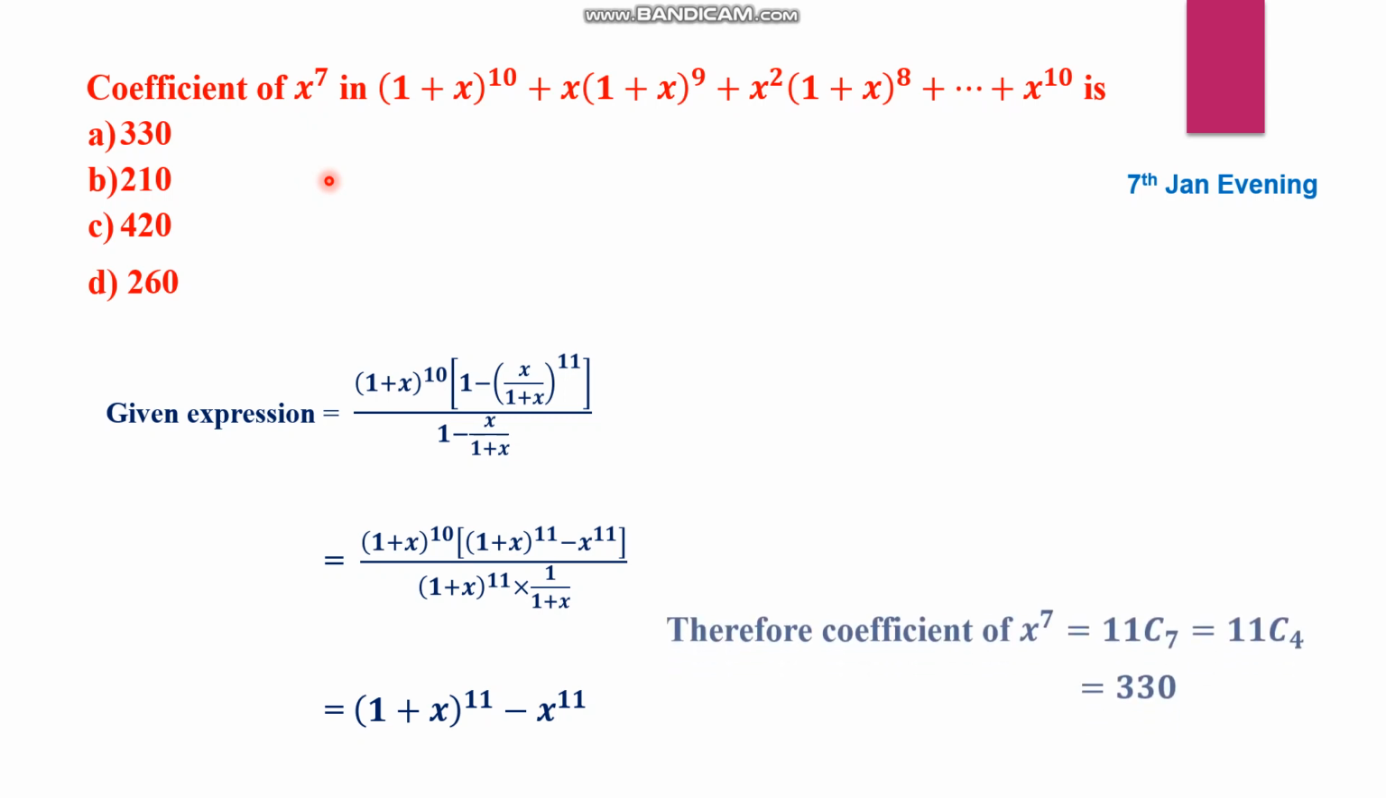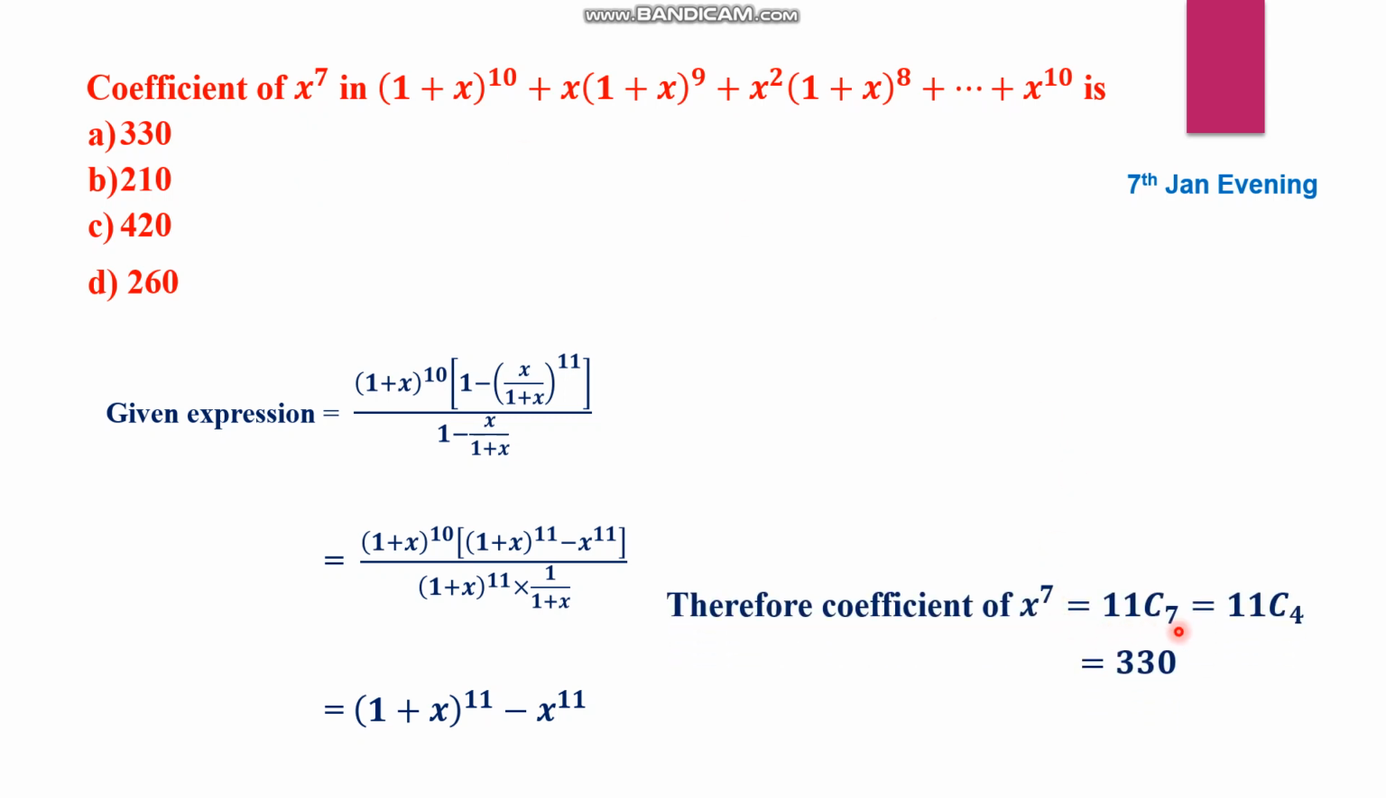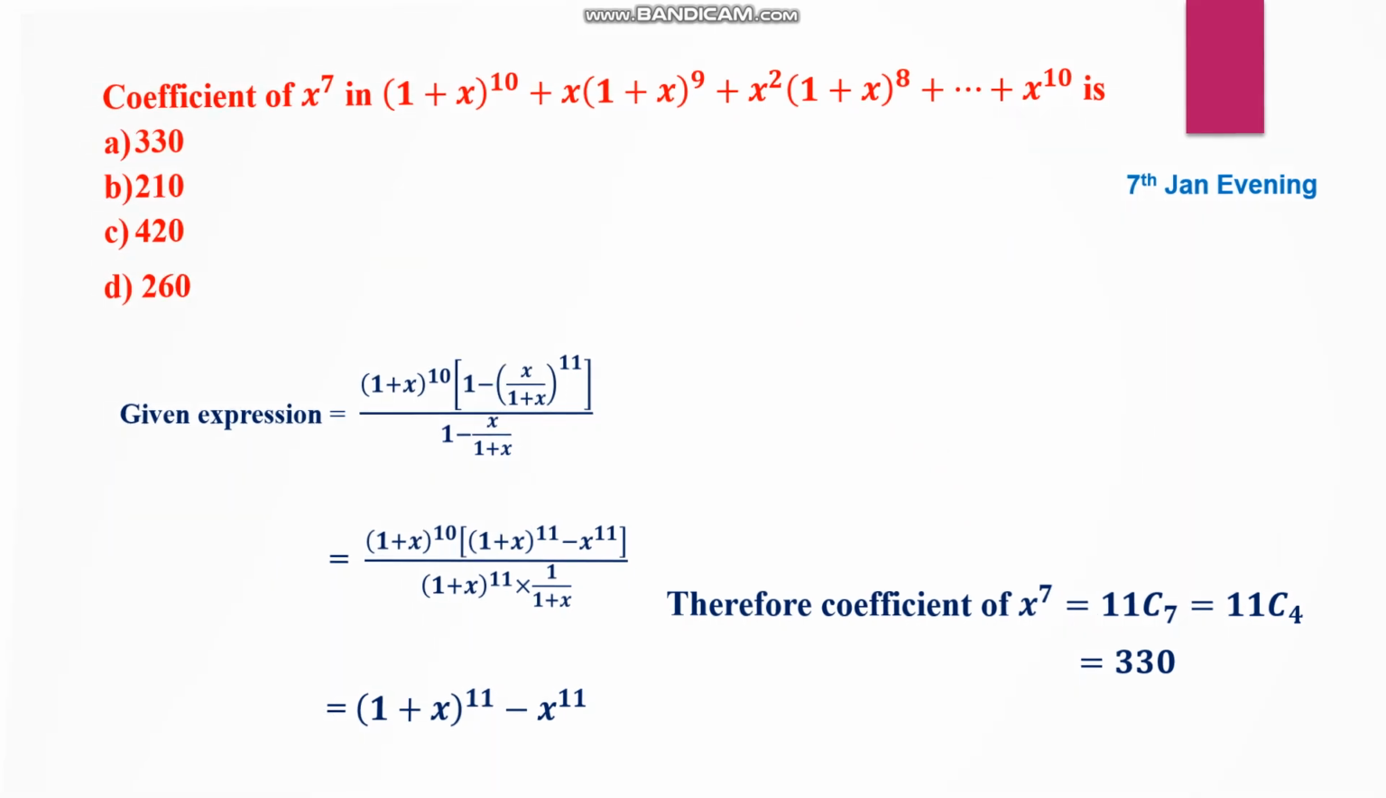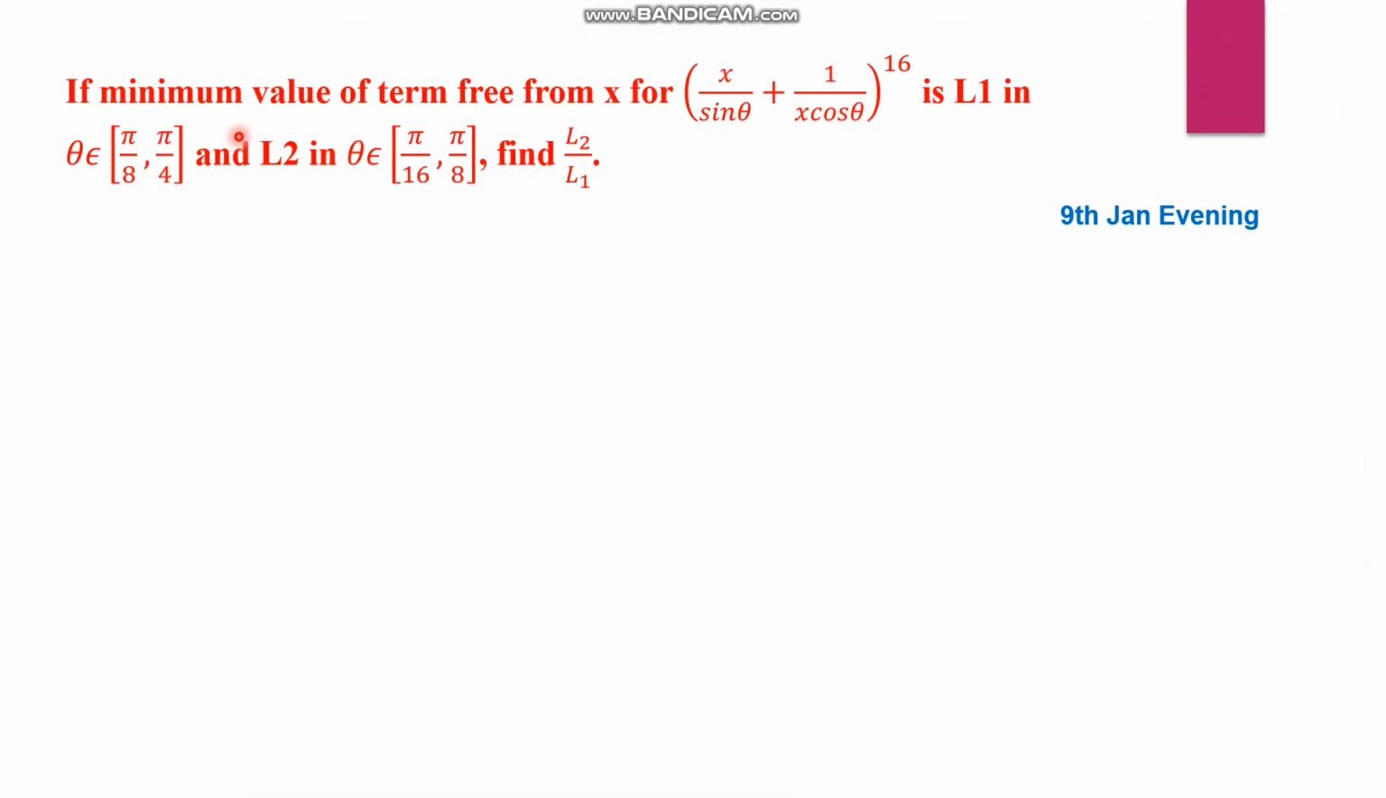Now, we want the coefficient of x power 7, that is simply 11c7, which is also equal to 11c4, and when you simplify it, you get the answer as 330, which is option A. The second question appeared on 9th January evening, and the question is,